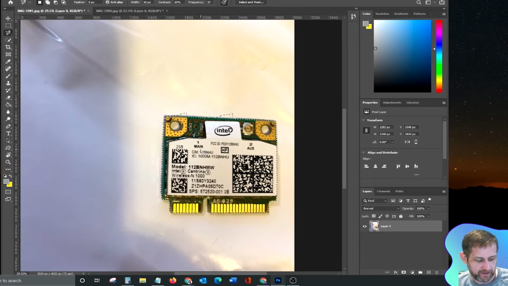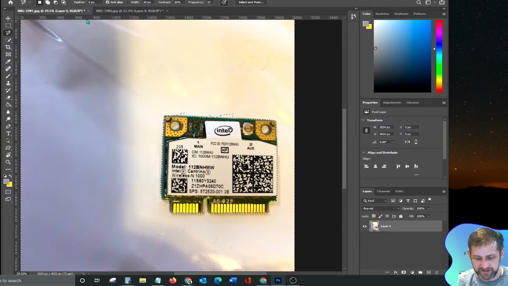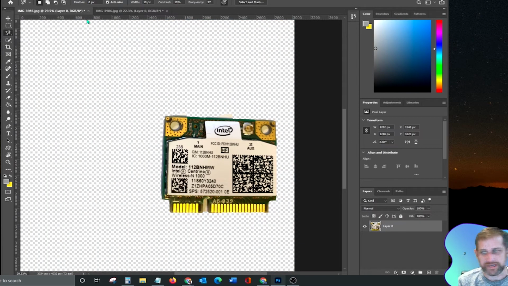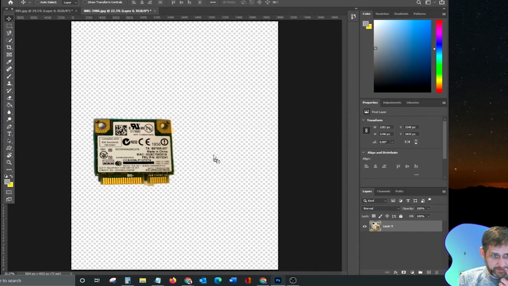On a Mac, I believe it's Command Shift I, and then you can always also go up here and hit inverse. It'll do the same thing. All right, that's done. Hit delete. Control D to deselect it, and let's drag this over onto the other image. We put them both here,